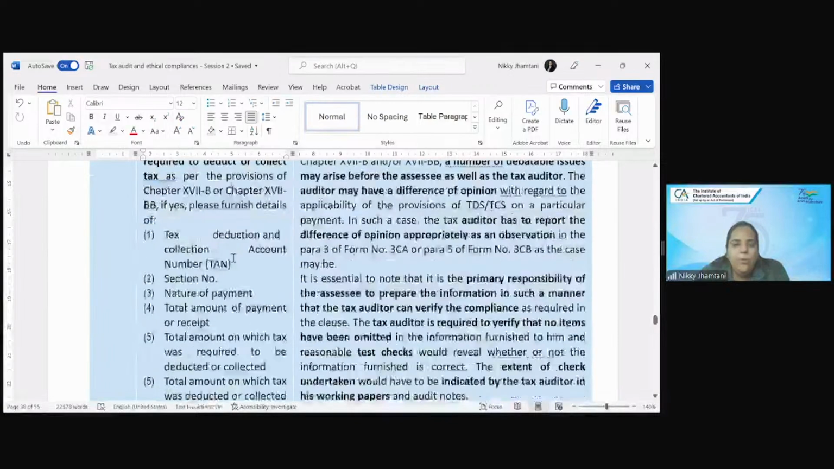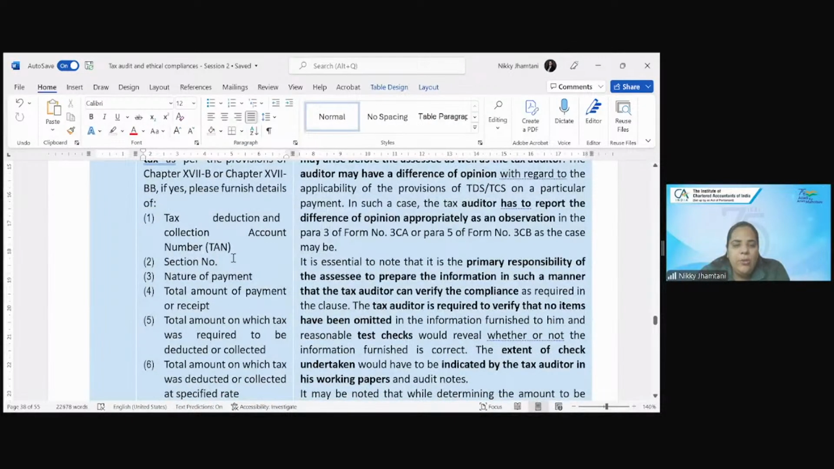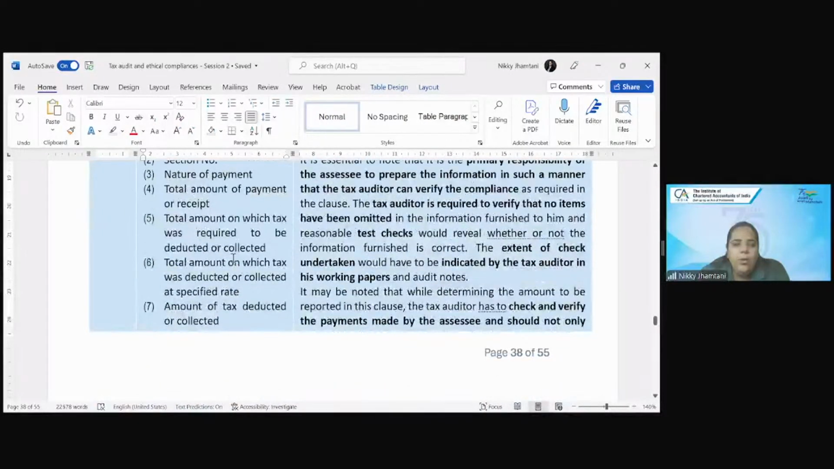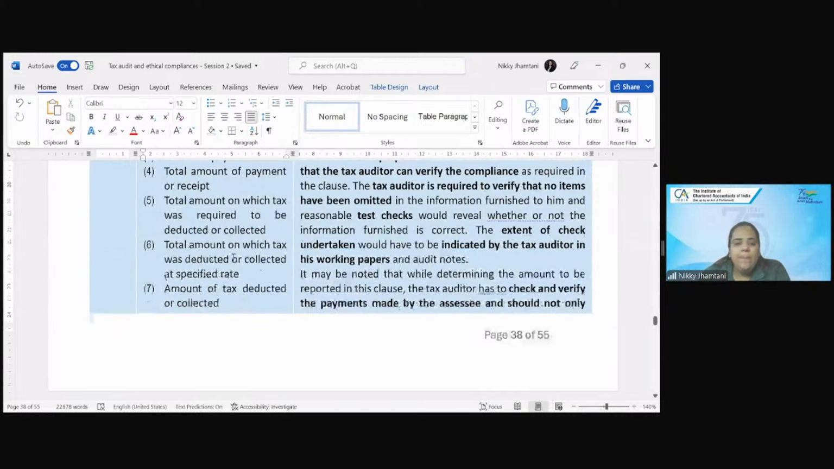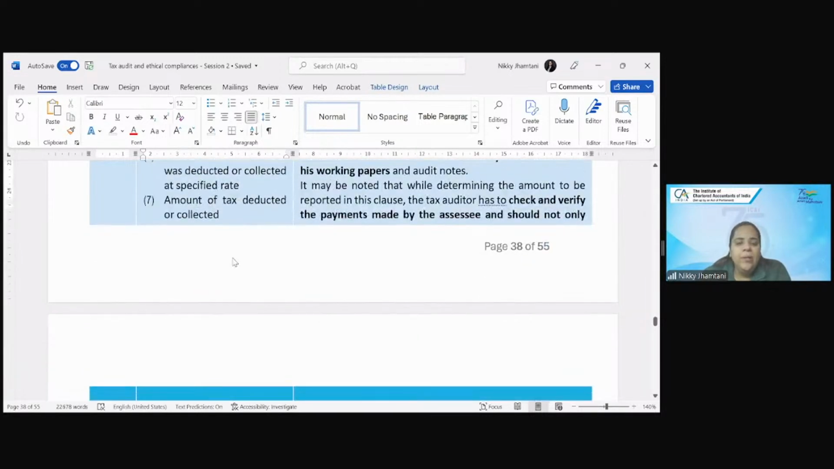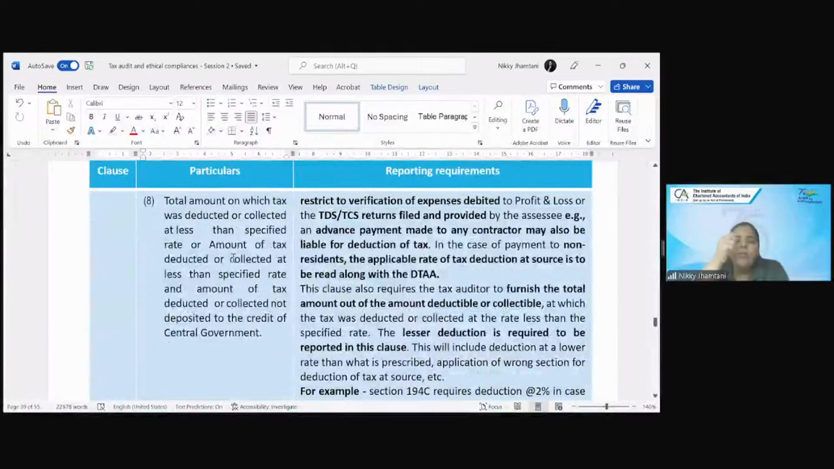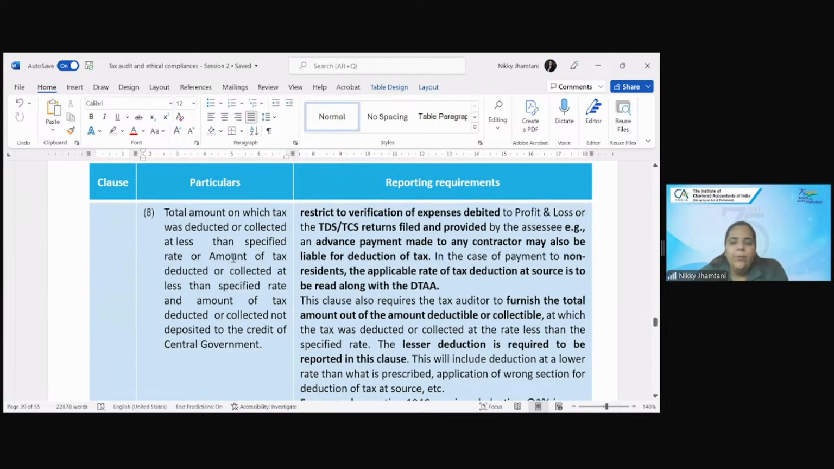If yes, please furnish the details: TAN number, section number, nature of payment, total amount of payment or receipt, total amount on which tax was required to be deducted or collected, total amount on which tax was deducted or collected at specified rate, amount of deducted tax or collected, total amount on which tax was deducted or collected at less than specified rate, or amount of tax deducted or collected at less than specified rate, and the amount of tax deducted or collected not deposited to the credit of the central